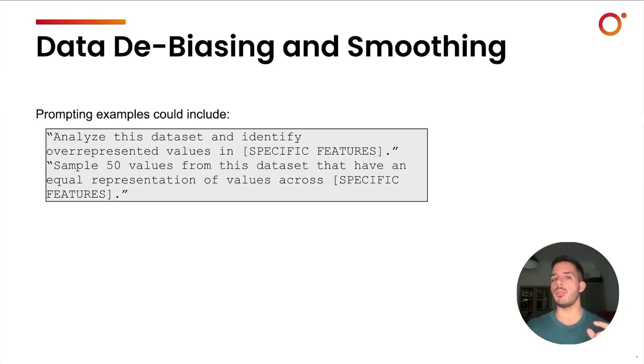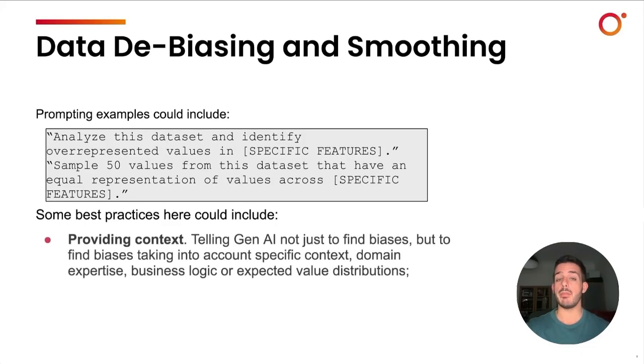But keep the representation of these two balanced in specific. And naturally, we do have some best practices here as usual. So one of them is to provide context, right? Telling Gen AI not just to find biases, but to find biases taking specific things into account, such as domain expertise or business logic or expected value distributions helps here, because sometimes it even gives you suggestions that you didn't